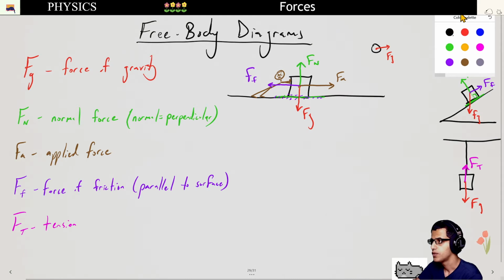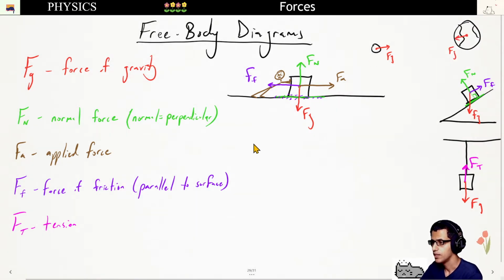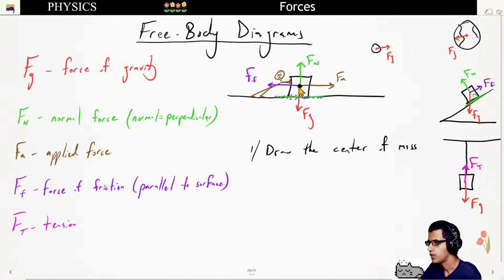There are rules for drawing free body diagrams. Or I should say steps. And I would say that the first step that you should do is to draw the center of mass. So for all of these, I'm drawing the forces from these points here, which are the centers of mass of the objects. And step 2 would be to just draw forces